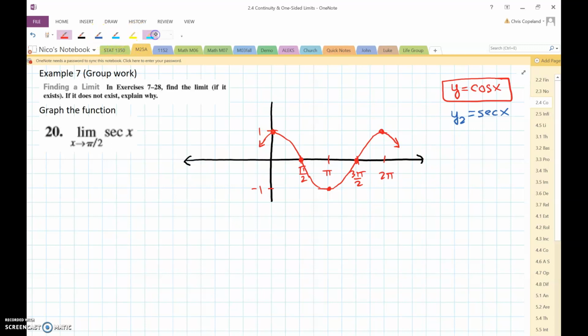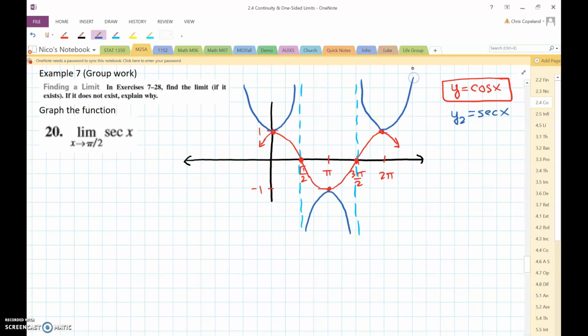Now the secant function is going to have vertical asymptotes everywhere the cosine function intersects the x-axis. And then the secant function will look like this in blue. Okay,